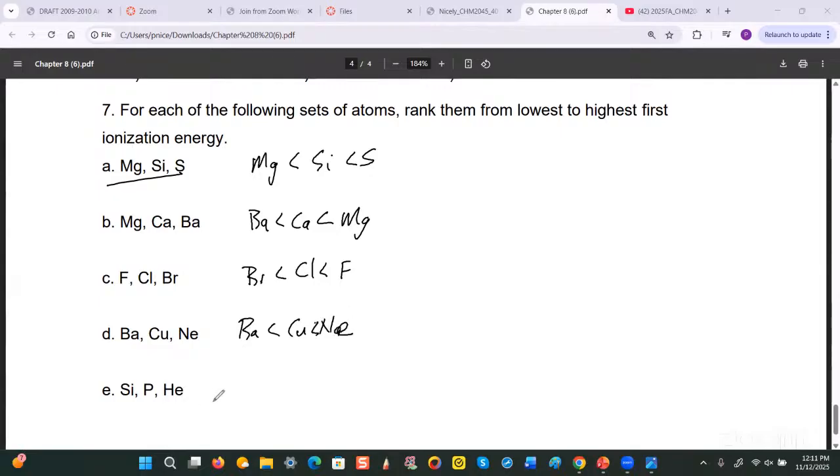Okay, and then the last one, E, is silicon. Where's silicon? Silicon, phosphorus, and helium. So which would you expect to have the lowest first ionization energy? Okay. Silicon, followed by phosphorus, followed by helium. Okay. And that's basically how that is done. All right. So basically, we're finished